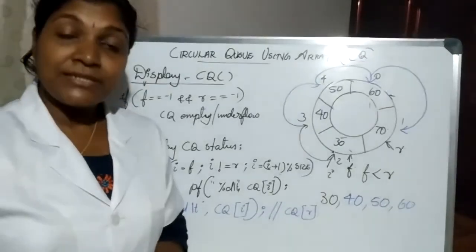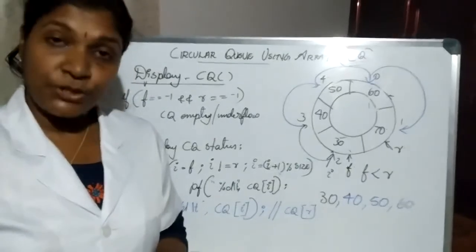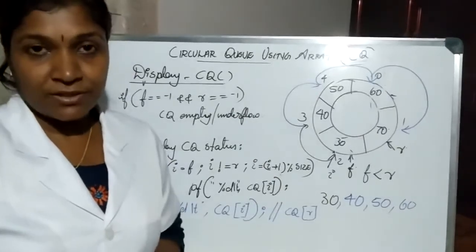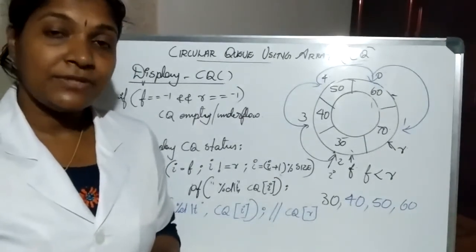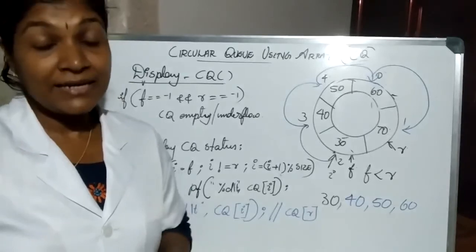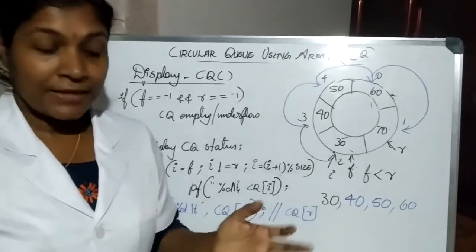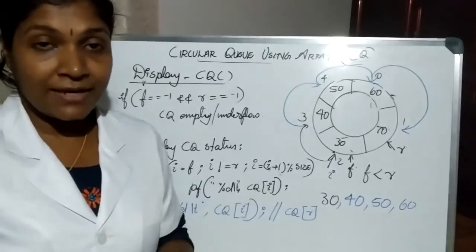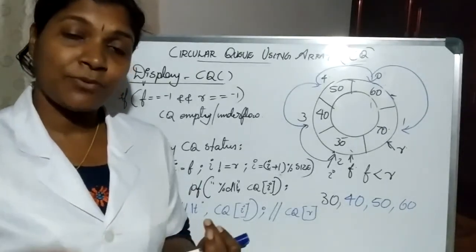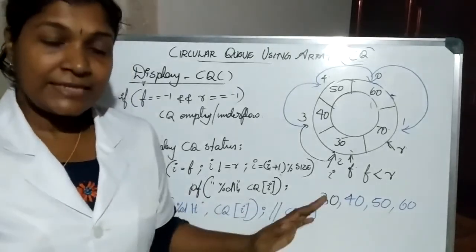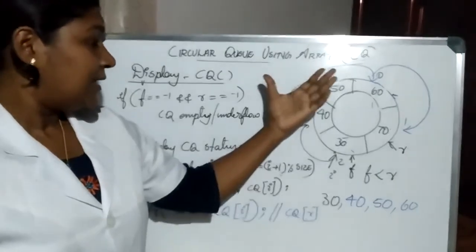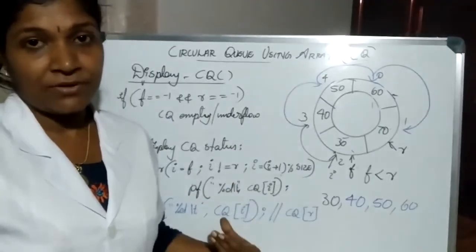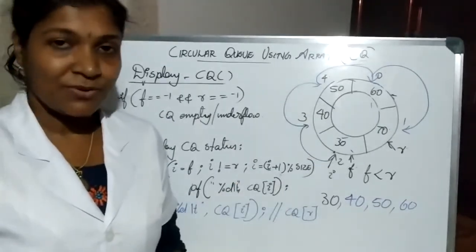Okay, so these were the three functions in our circular queue: the enqueue operation, the dequeue operation, and finally the display function. By understanding the concept of these three functions, I hope you can easily write a program like our stack and queue. You already have a clear idea about how to write the stack program and queue program. So just like that, you follow all the same methods except the changes in the enqueue, dequeue, and display functions. Then start writing the code. Okay, thank you.